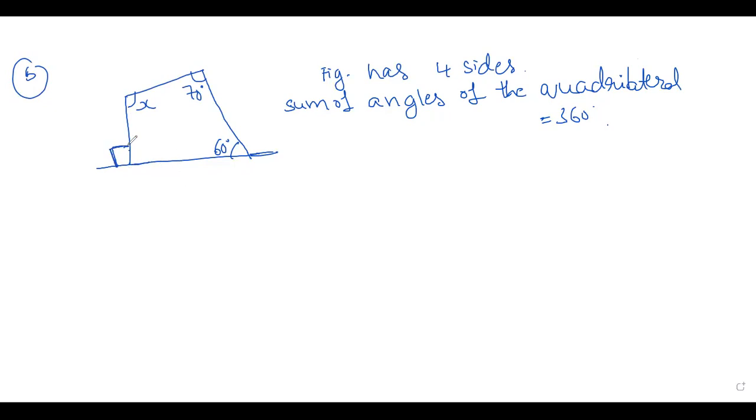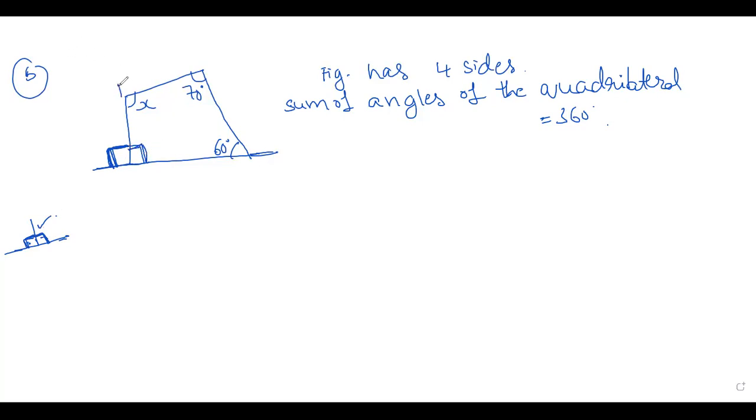Here, children, see, if you write like this, it means it is 90 degree, a right angle. We know, I already explained in first class, this is a linear pair of angles, right? The sum of these two angles will be 180 degree. If this is a right angle, this is also a right angle, because the sum will be 180. So it is 90 degree.